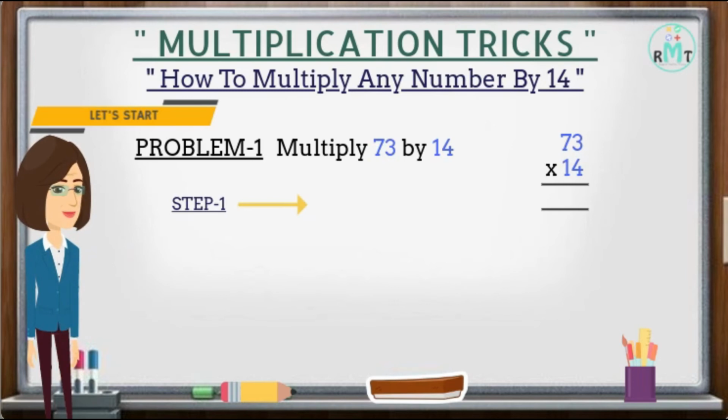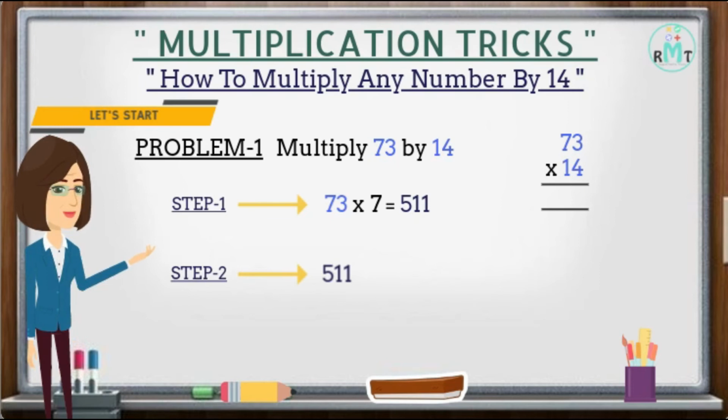First we will multiply the number 73 by 7, and we get 511 as the answer. Step 2. Now we will multiply the result obtained in step 1 by 2, and we get 1022 as the answer. Hence, the final answer is